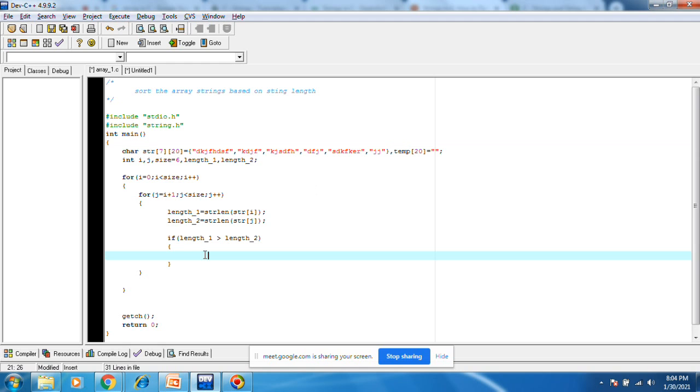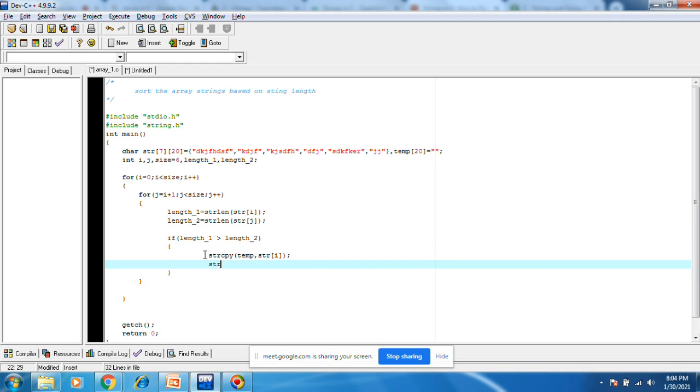Swapping technique: these are strings, so we need to do strcpy only. strcpy of temp comma str of I. Then strcpy of str of I equals str of I comma str of J. What does this mean?